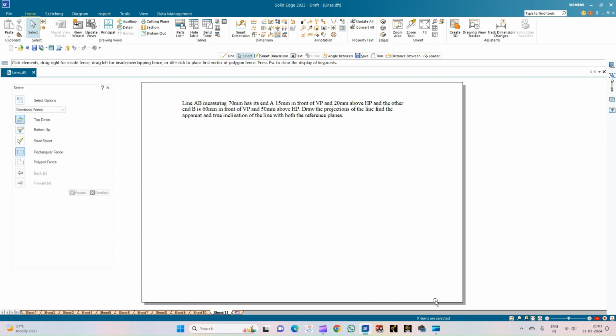So looking at the problem statement, we can tell that the true length of the line is given and that is 70 mm. And also the position of the endpoints of the line AB, that is A and B, is also given, that is 15 mm in front of VP and 20 mm above HP. And the other one, that is the endpoint B, is 60 mm in front of VP and 50 mm above HP. So the true length is given and the location of both the endpoints are given. So keeping this data, now we shall see how to do this